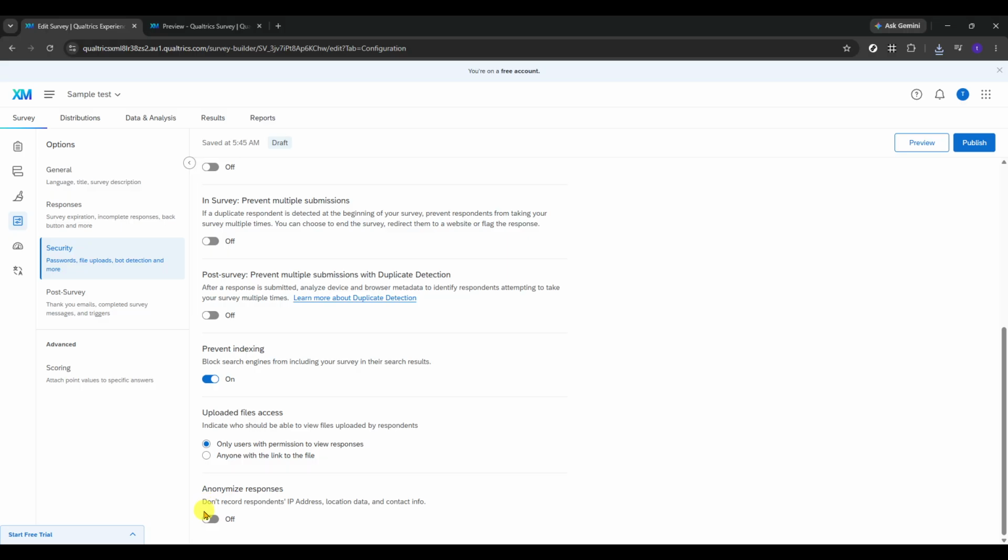When you find the setting labeled Anonymize Responses, click it to turn it on. Enabling this option is the key step in preventing Qualtrics from collecting identifying information such as IP addresses with survey responses. This is especially useful when you want to protect respondent privacy or when your survey requires a more anonymous